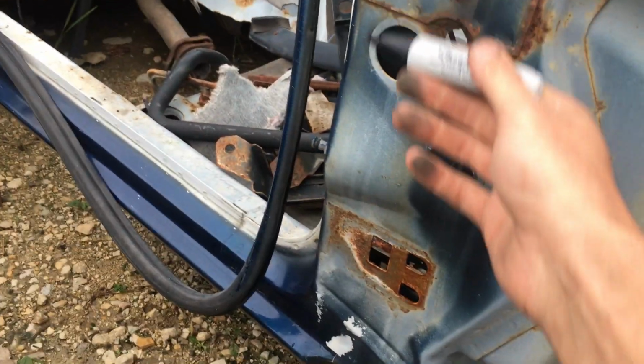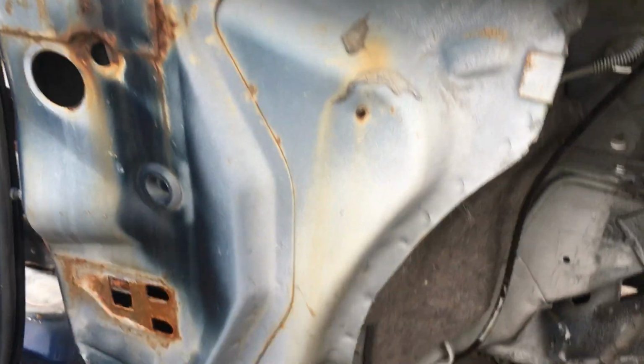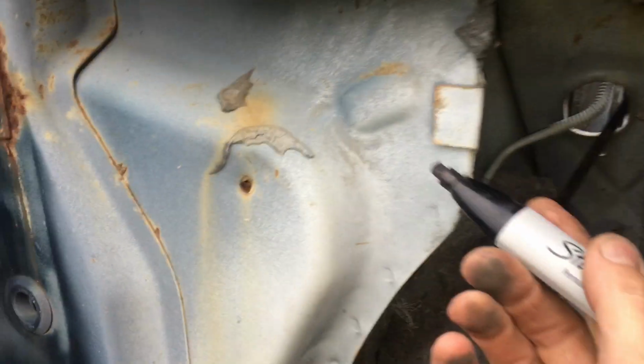So I saw some pictures with your door and fender on that, you've got cancer and it's splitting open inside there. So I know this piece is better than what you have. Before I cut it, I just want to show you what I can cut for you and kind of what this one looks like. So inside the wheel housing there, we can call it, I can include this entire panel here,